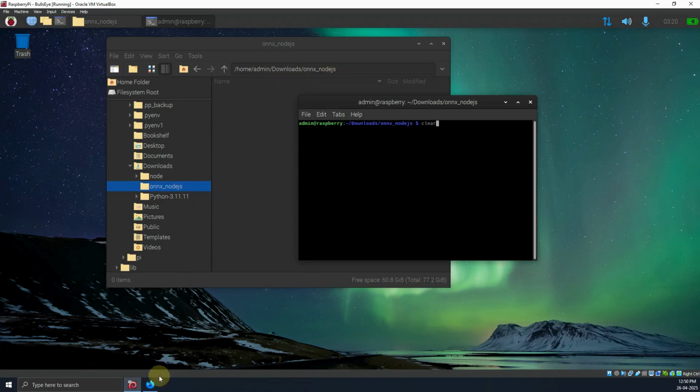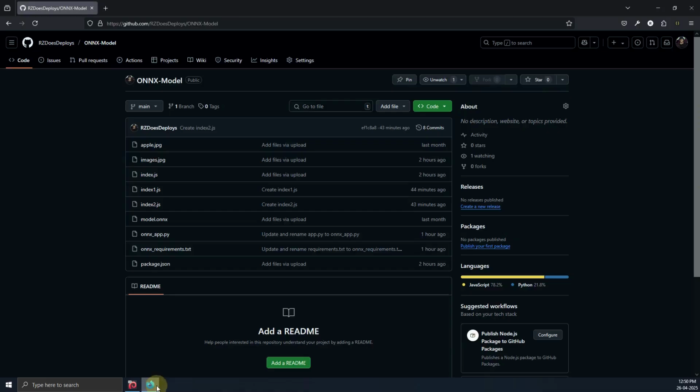Now, this is the GitHub repository in which I have uploaded my model. How can we run it? These are the files that we can run it with, and based on that, today we are going to showcase how we can run it. So, moving ahead,